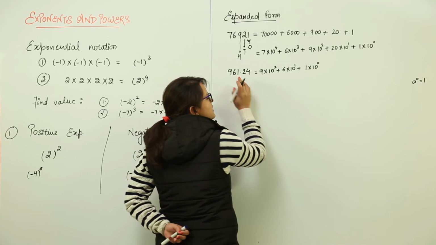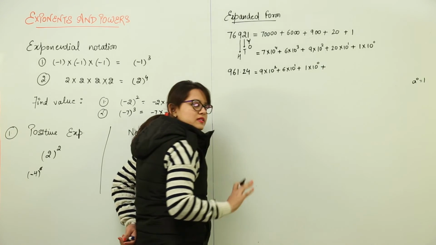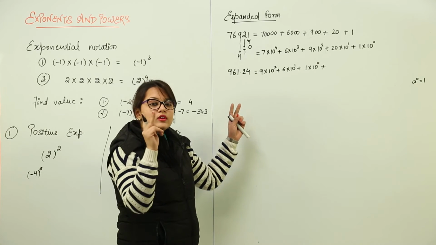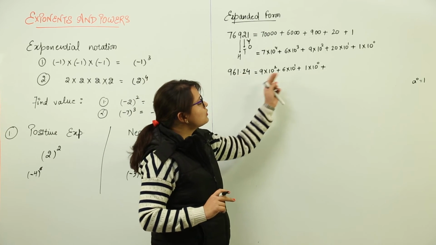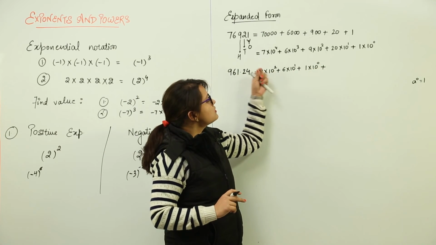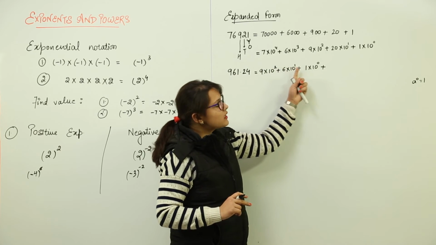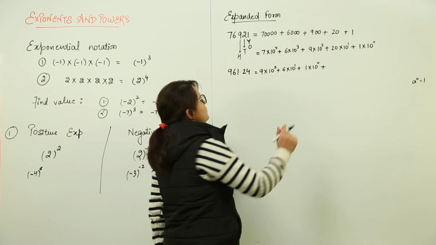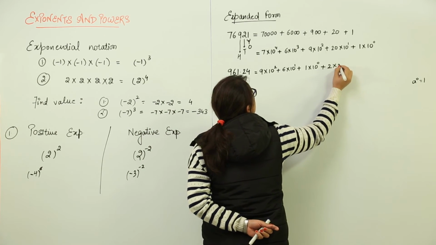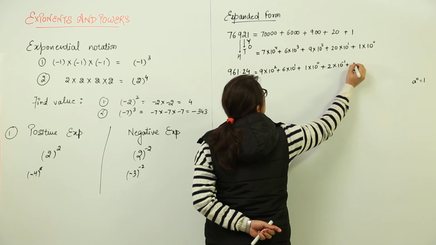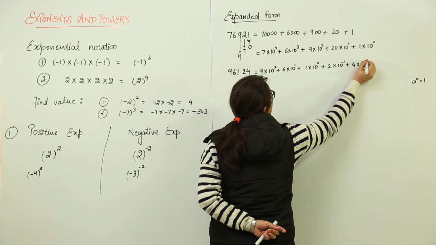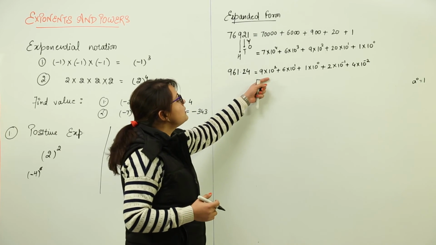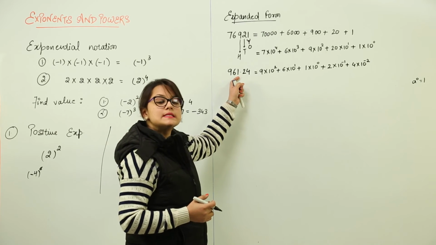Now you have the decimal point. So you make a plus sign as it is. How many digits do you have after the decimal sign? You have 2 places. Now the powers will go negative. Why? Because as you go to the right, the power is getting reduced. So what comes after 0? It will become minus 1. So you will write plus 2 into 10 raised to power minus 1 plus 4 into 10 raised to power minus 2. You can add them up and check your answers. You will be able to verify that it will come out to be the same.